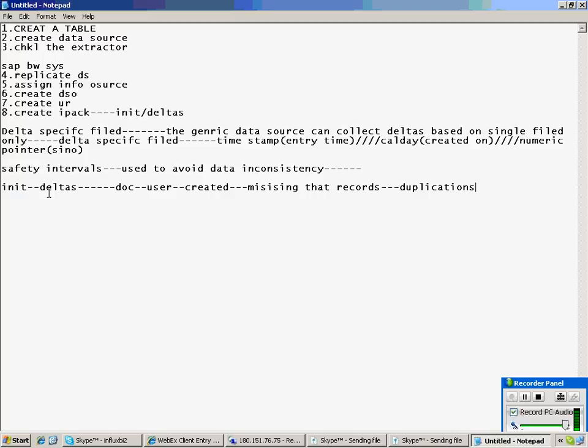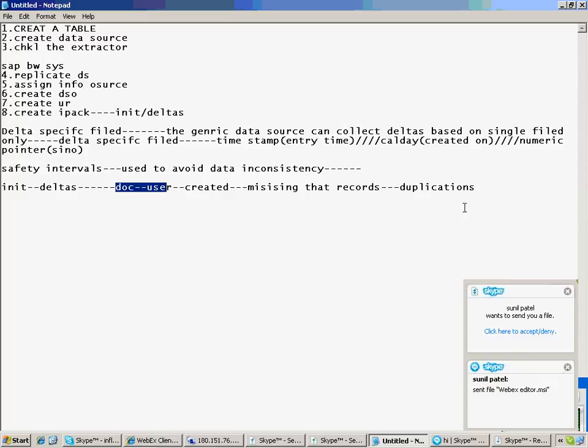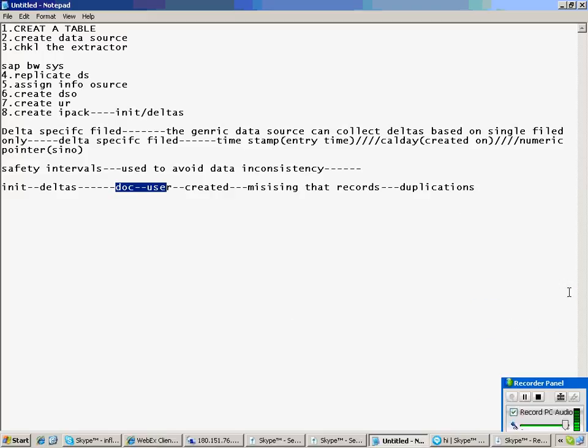So assume that I have done initialization and I am running deltas. At the same time, a user is posting some record. Unless we save this document, we cannot get that record.